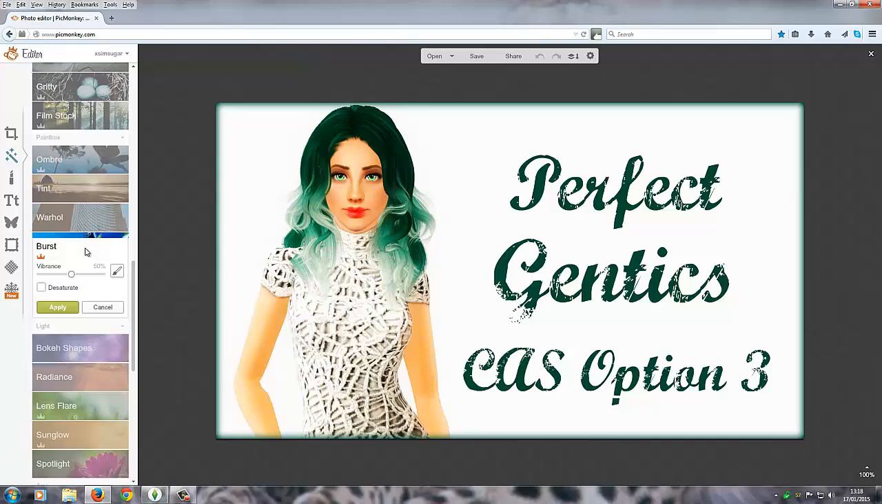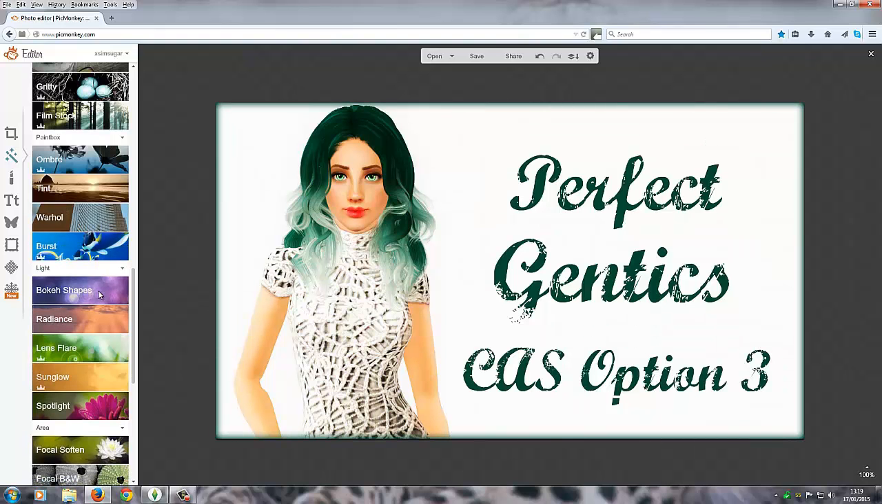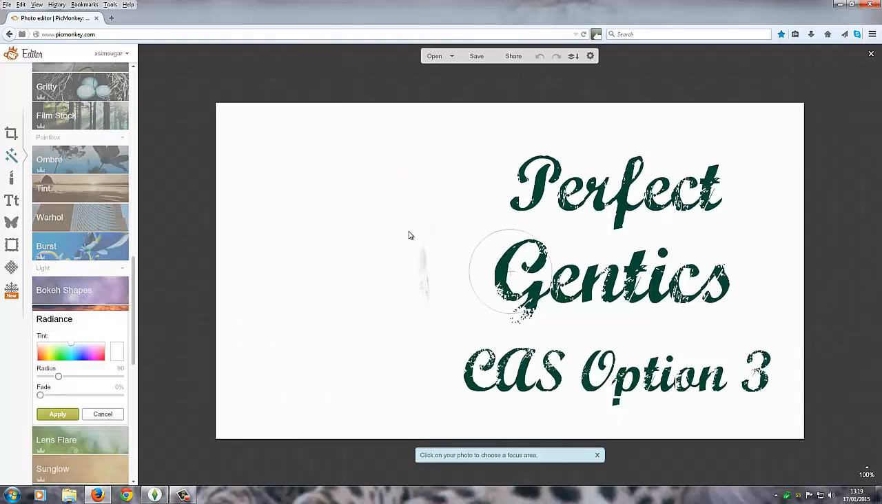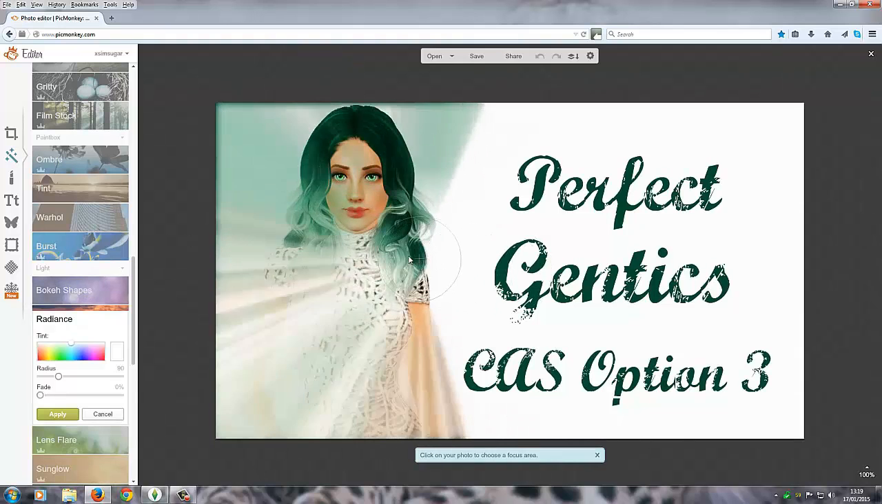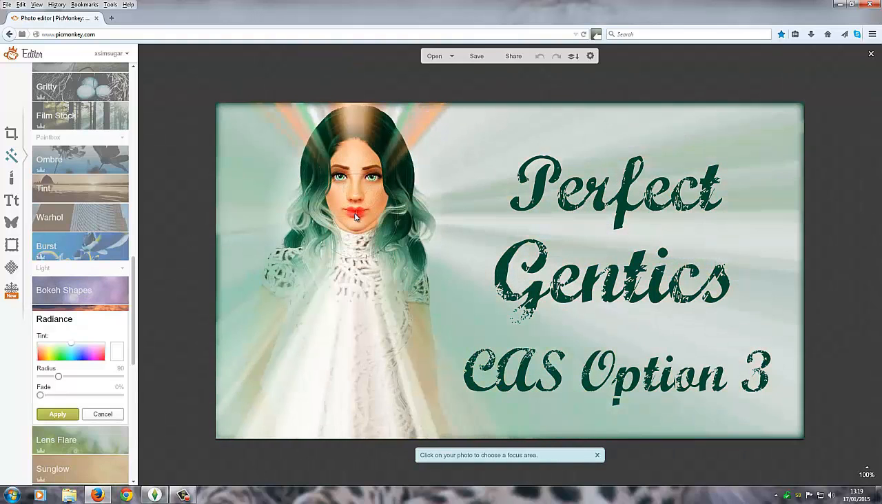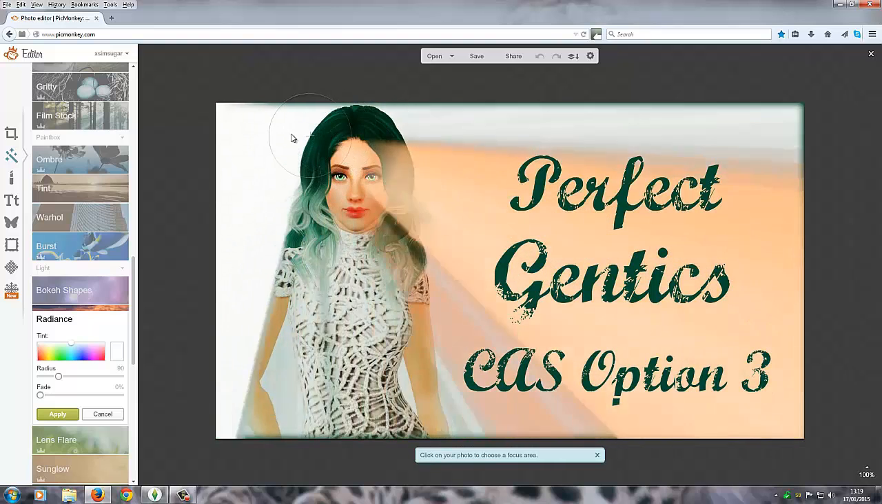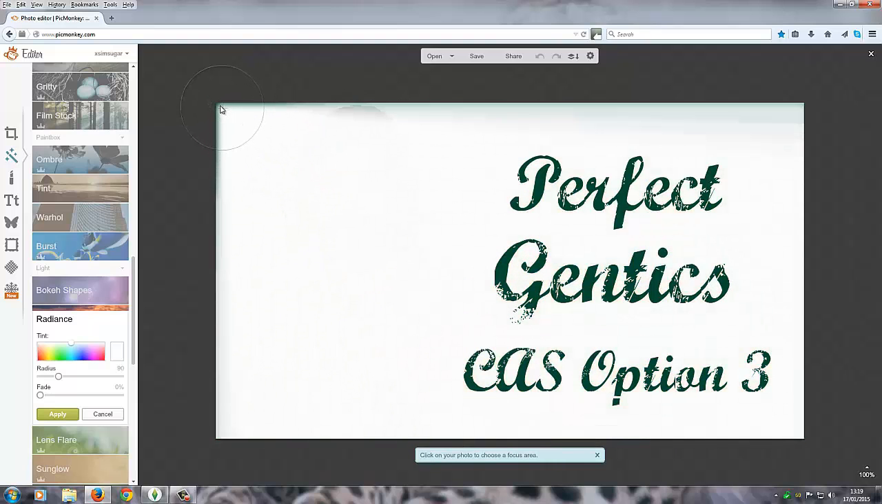You've also got burst here, which will add vibrance to the picture pretty much if you wanted to do that, but you don't have to. There's also this one which I use quite a lot. It's called radiance, and if you pick a colour on her, like her head, or say this green for example,